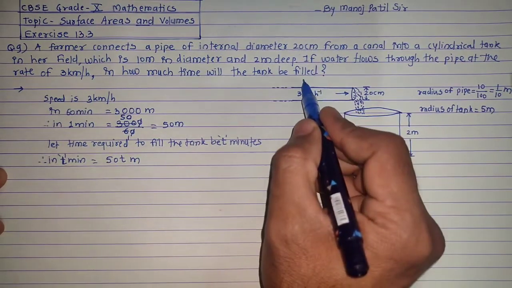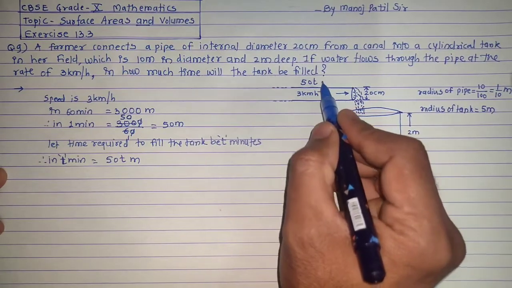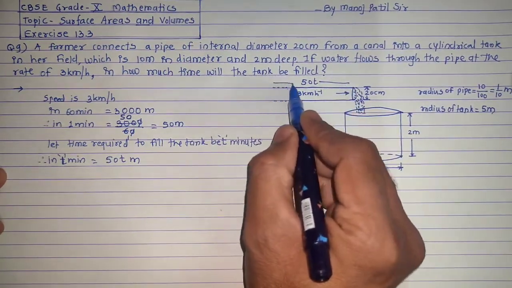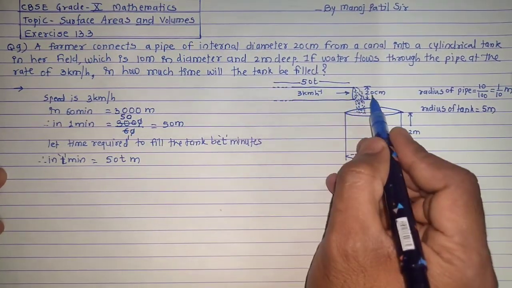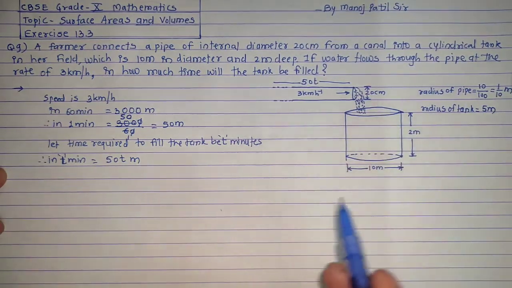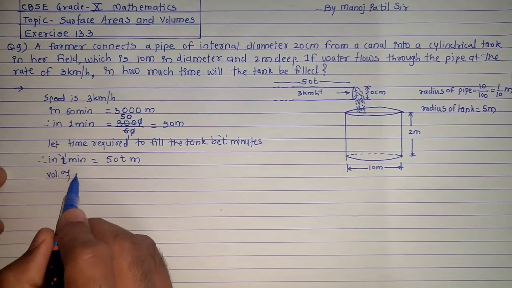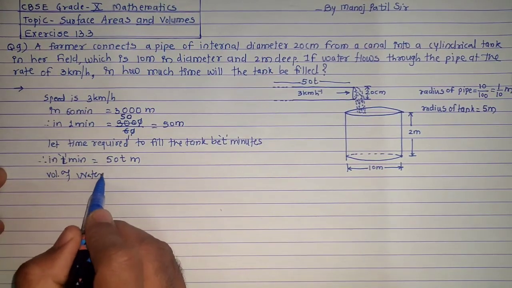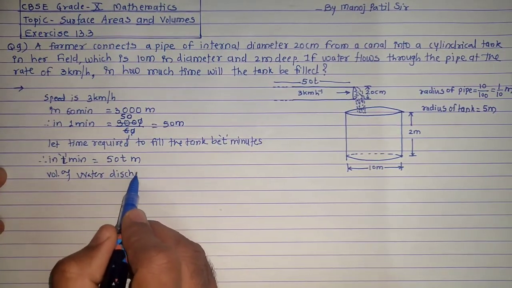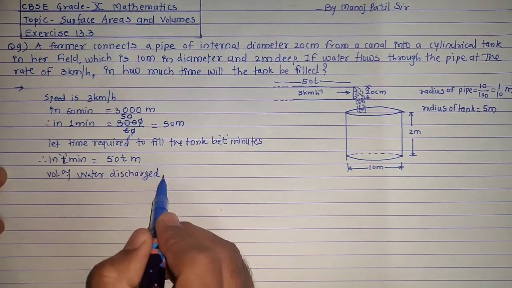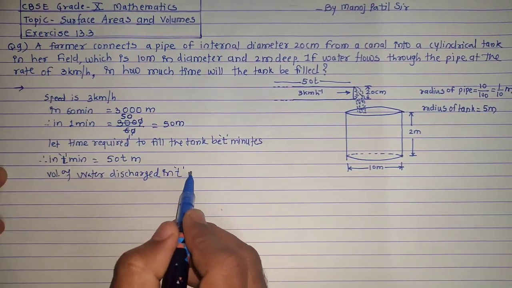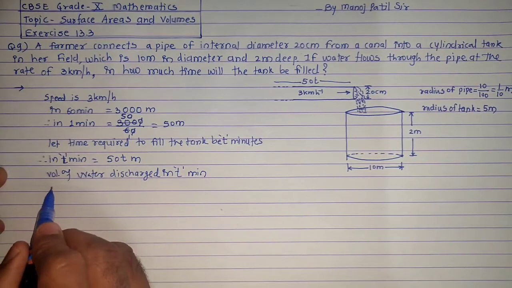So here we get the length of pipe, that is 50 t, and radius we know that is 1 upon 10 meter. So volume of water discharge in t minute through